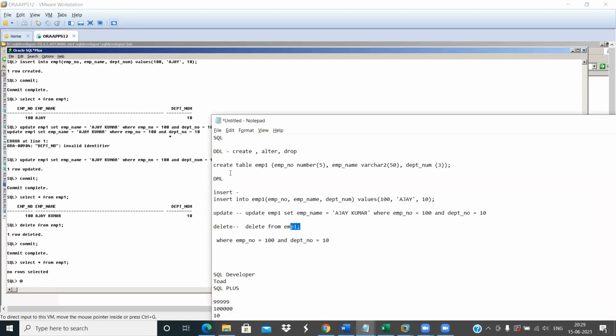Here we have different statements, like a DDL statement as well as a DML statement. But in a proper manner, if you want to keep one file for create table and another file for insert script, delete script, update script, you can have a file for each operation. Then you execute them one by one. That way it will work.